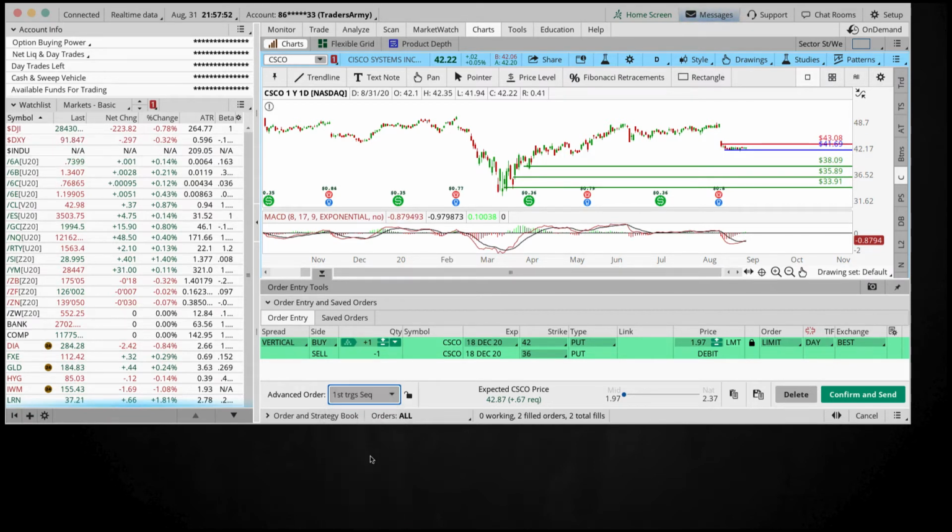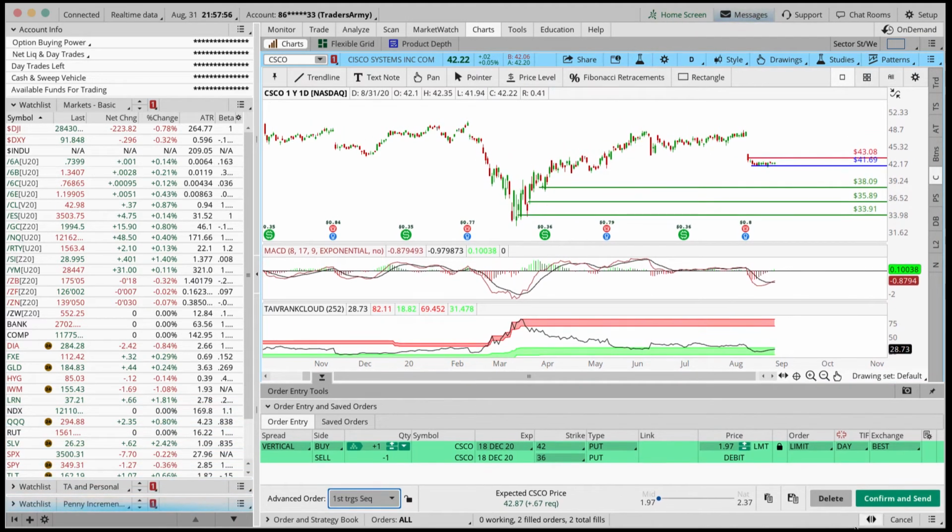So first triggers sequence is if I have one target and I just want to get out at one target, and I have one stop loss and I want to be done with the trade. Easy peasy. So first triggers sequence, which means for the first order to fill, we've got to be able to get the right price. Once that order fills,